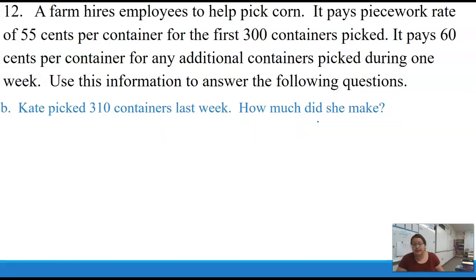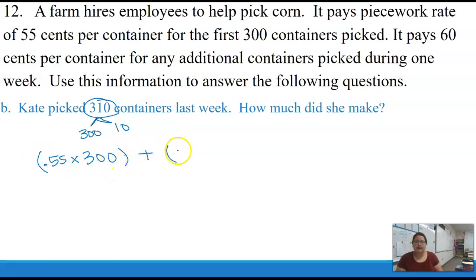Now we're moving on to Kate. Kate picked 310 containers. So since she picked more than 300 containers, we have to break this up into parts. So we have the first 300, and then she had 10 extra. So for the first 300, she's going to get 55 cents per container. That's the first part. The second part, and we're going to add this on, is for these 10 containers that are extra,